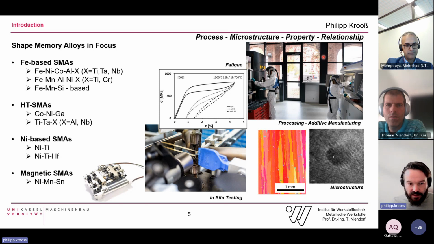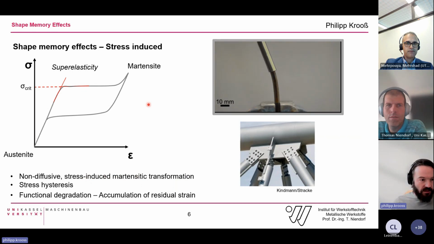Again, process versus microstructure, functional fatigue, and functional properties, also using in situ testing to get an idea what impacts the material performance, what is the detrimental aspect of certain alloys, and then try to improve the functional properties of these systems. And we also printed all these systems additively. So we have it conventionally processed, we have single crystals, and now we move to additive manufacturing due to the reasons Christian mentioned before, microstructure design and near net shape production. I think there's no need to go into much detail here.